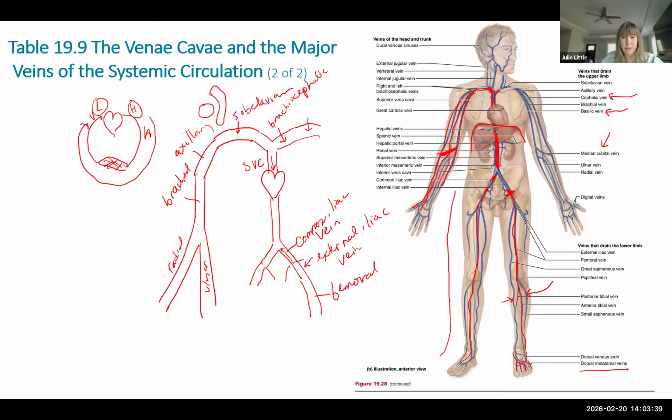And we've got some other ones. There's this big vein that goes, I hope you will look up later on, great saphenous. This is the great saphenous vein. On the outside, we have the small saphenous. But if you look up great saphenous,